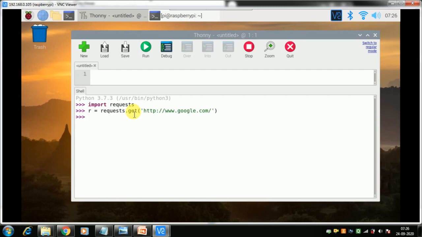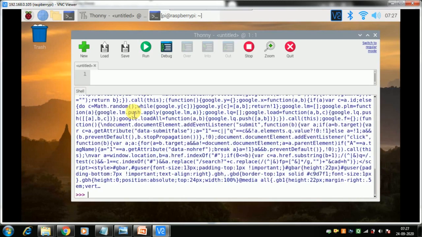Initially it seems nothing has happened, but that is not the case. You actually receive some data. You can know the status of your request to the server with r.status_code. This gives 200, which means your request is successful. There are separate codes, like 200 is for OK and 404 is for not found. So we have received something, but what is it? You can find it this way. This is the whole text that we have received.